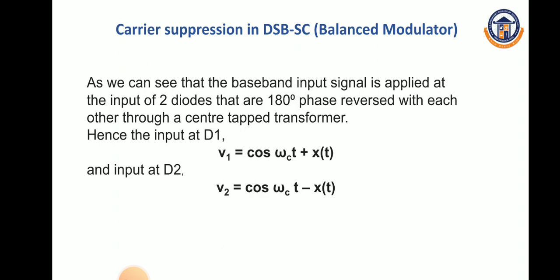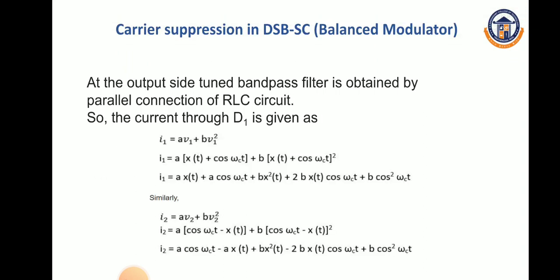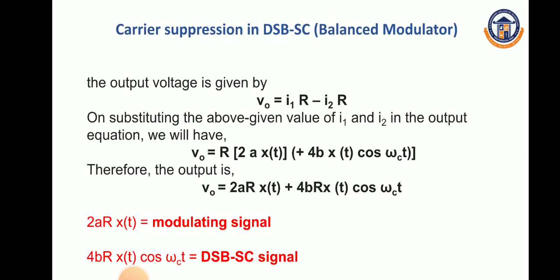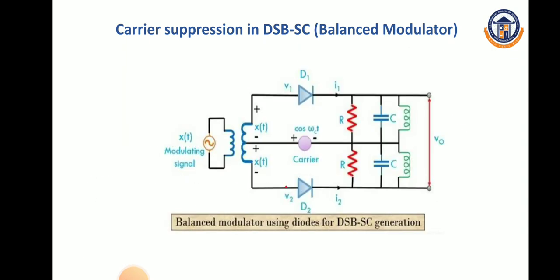As we can see, the baseband input signal is applied at the input of two diodes. See here, diode 1 and diode 2,